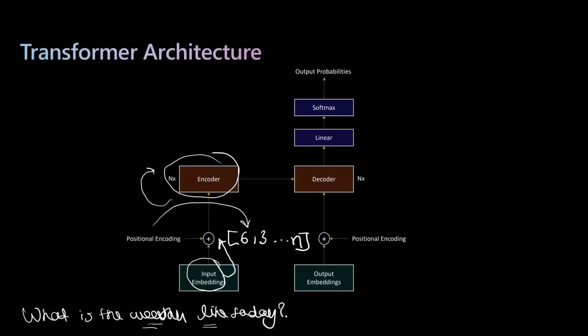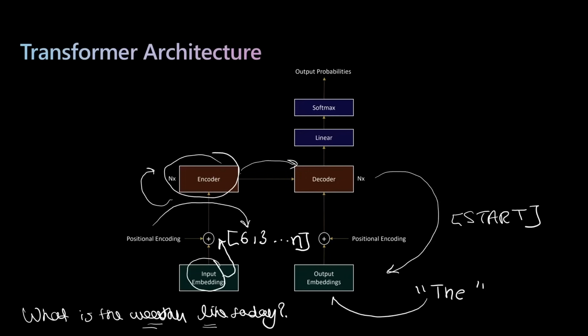So then you have this decoder's role here that you see, and it starts by getting the context established from the encoder, and then the decoder begins crafting a response, and it initiates an output embedding that starts with a starting token. You'll have some starting token here, and then based on the context, in this case, what is the weather like today, it begins predicting the next word. So let's say the first word it predicts is the word the. This word is then converted into an output embedding. That output embedding gets fed into the linear layer, and the linear layer assigns or ranks